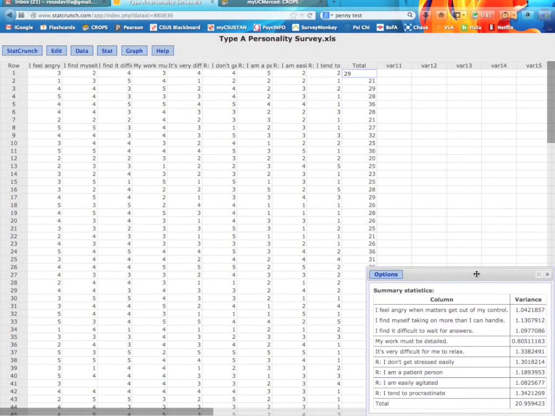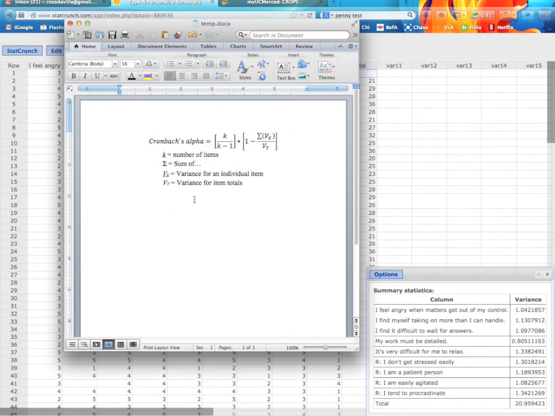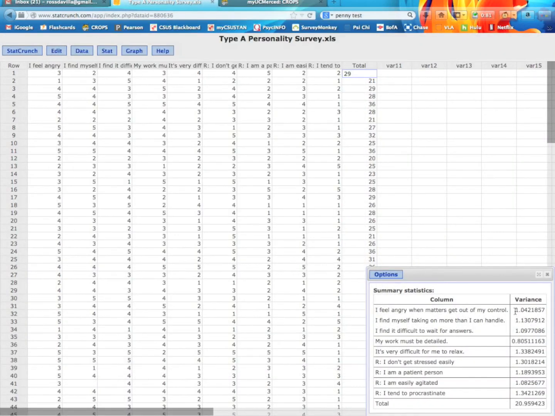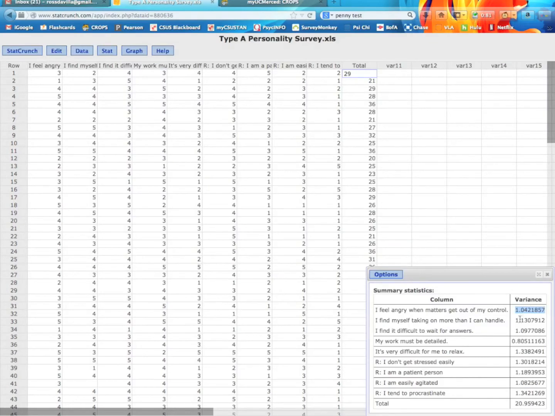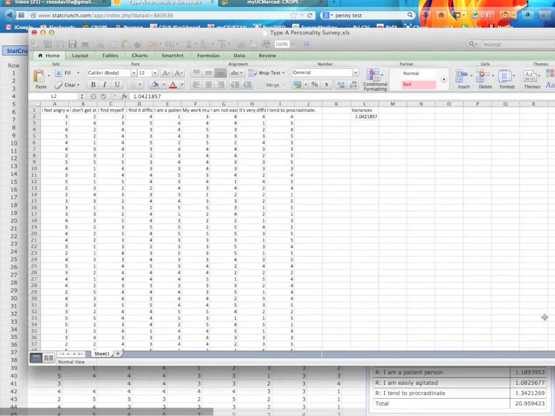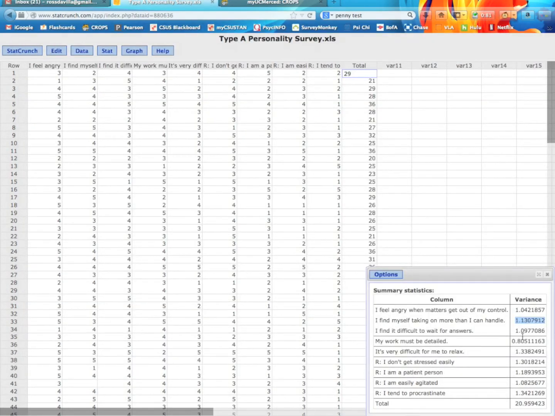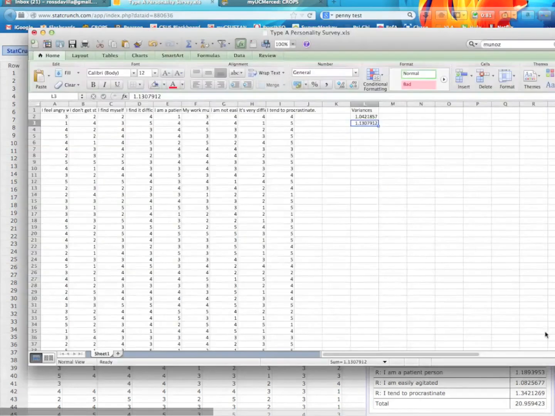So what we can do, I'll put this over here, is use these variances in our equation. It's not going to let us just select these out, but if you have Excel, a really easy way to do this, and remember this is just our Excel file with all the survey items, I'll put in variances just to remind us what this is, and I'll copy and paste all these variances in there. Because basically we're just going to take these and create a sum total of them.